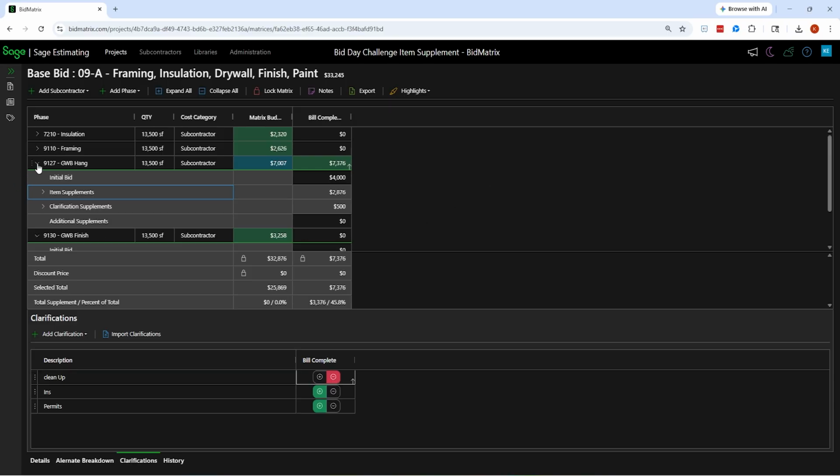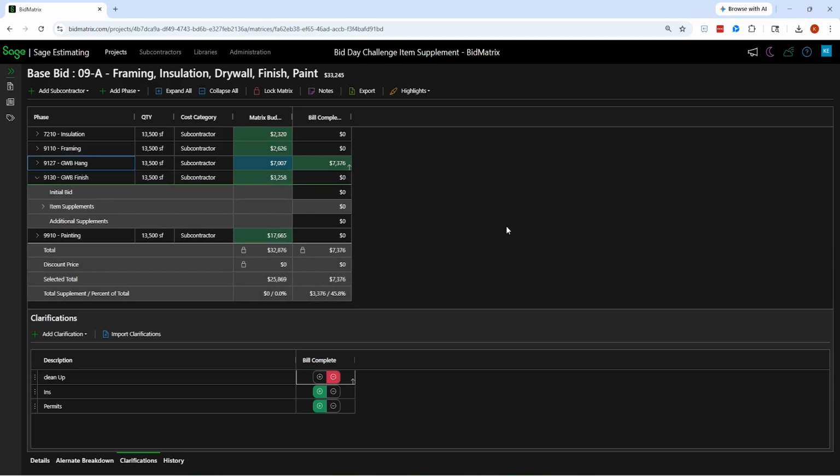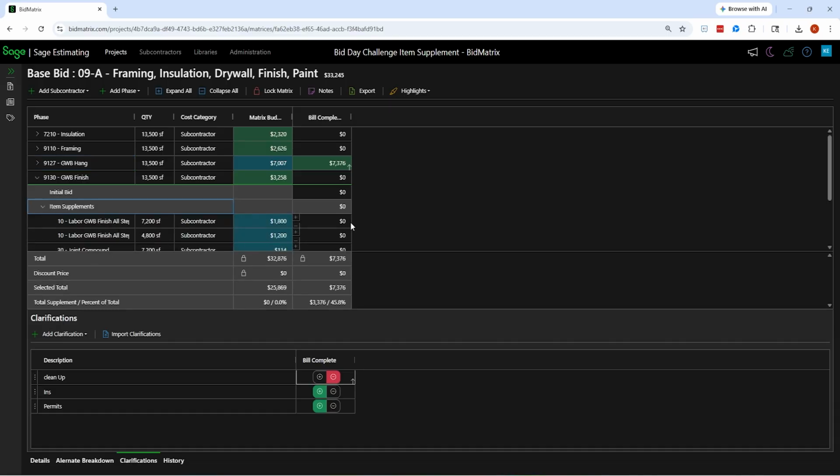That was the main thing for this bid day challenge: being able to use detailed line items to help me supplement my bids, so that I can make their bids more comparable off of a detailed estimate, and then also use the clarifications to help clear it up.